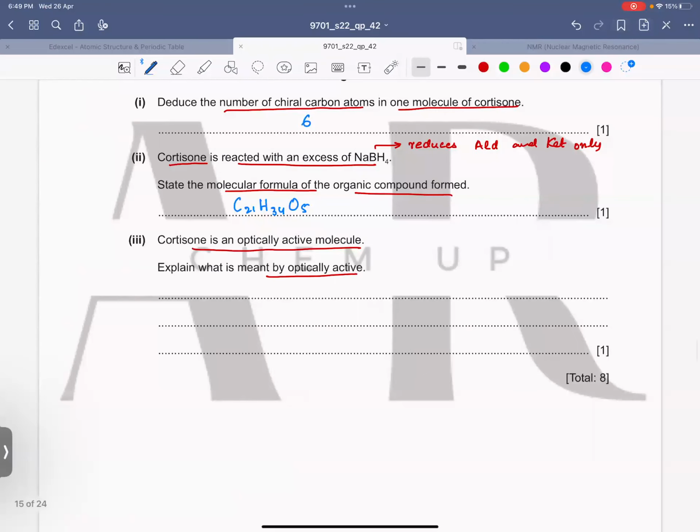Can anybody recall what is meant by optically active? A compound which can rotate. Which can rotate what? Sir, a compound whose physical and chemical properties are the same, but which rotates the plane of light left or right. Very good. Which can rotate a plane polarized light